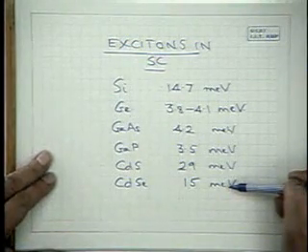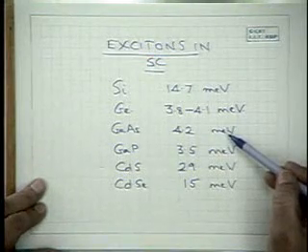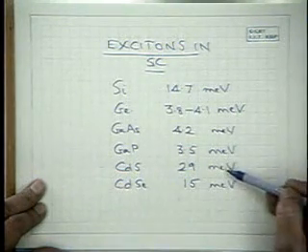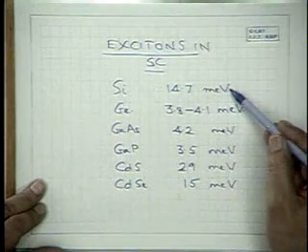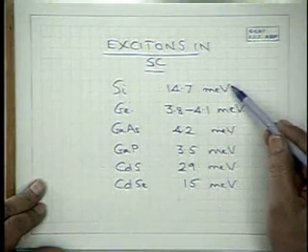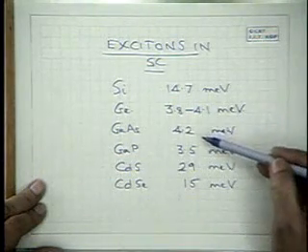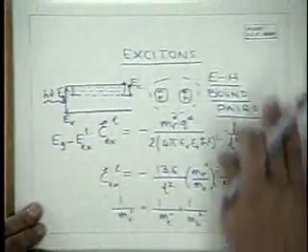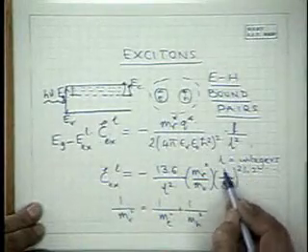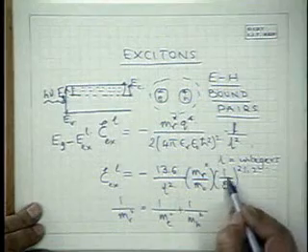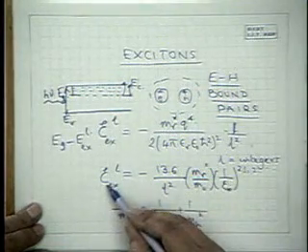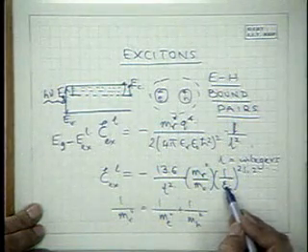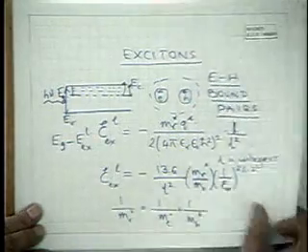Yes, due to the fact that the effective masses are much smaller in gallium arsenide, germanium, gallium phosphide. The effective masses of both electrons and holes are much larger in cadmium sulfide, cadmium selenide, and silicon. And of course, the dielectric constants are also much larger in gallium arsenide. If you look at this expression, the excitonic energy goes as 1 by epsilon r squared, so if you have a high dielectric constant, Ex will be small. It is 16 for germanium, but only of the order of 5 or 6 for cadmium sulfide. So that explains the values of the